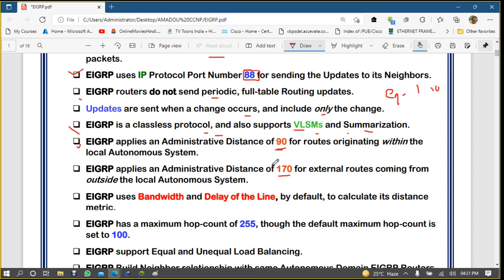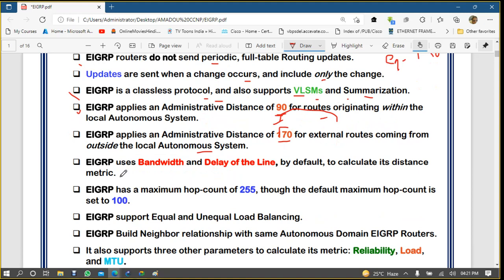But if I am using EIGRP 10 and you are using EIGRP 20 and I am getting an update from you, I will receive 170, meaning I am getting routes from outside the local autonomous system, a different autonomous system, externally. So this is known as internal EIGRP AD and this is known as external EIGRP AD.